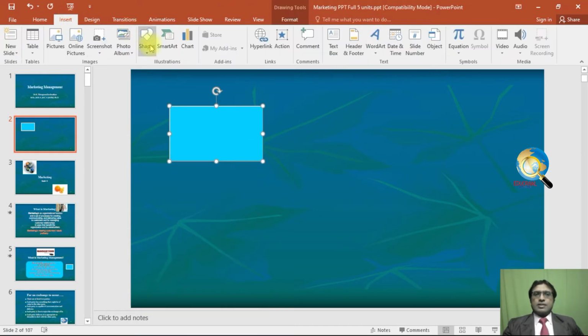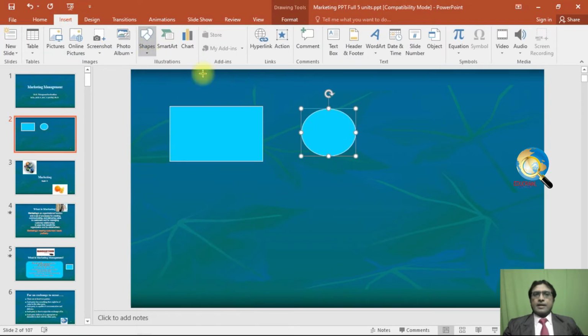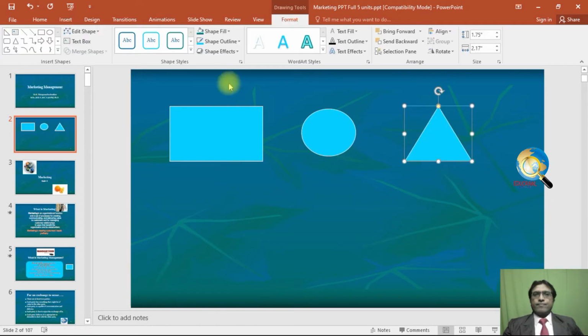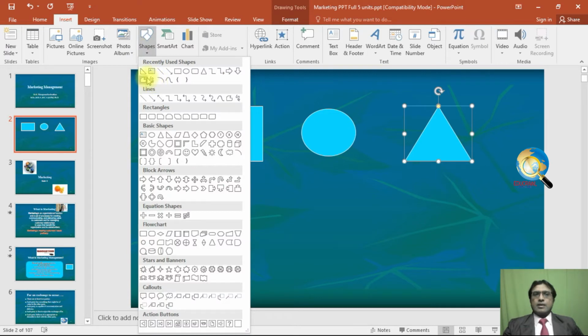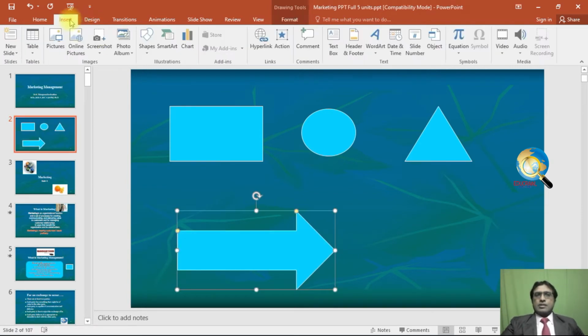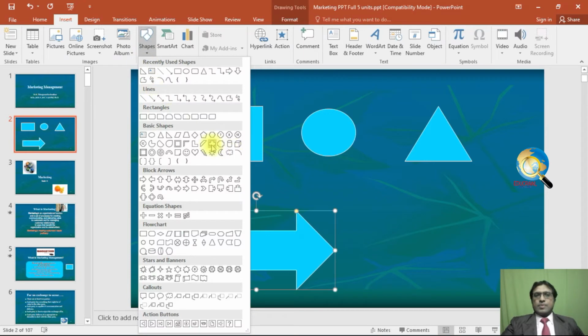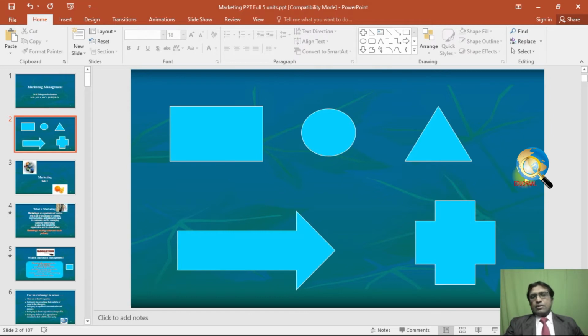I am going to insert a circle, a triangle, an arrow mark, and another shape, a plus symbol. So let us do a different action for each button.